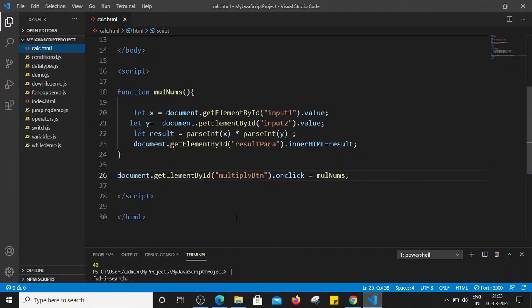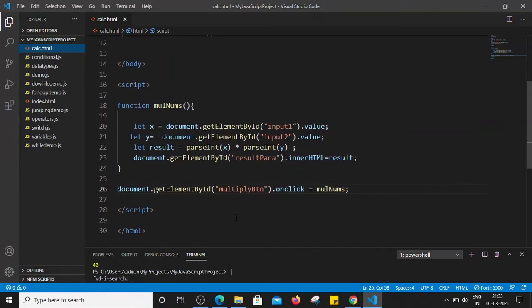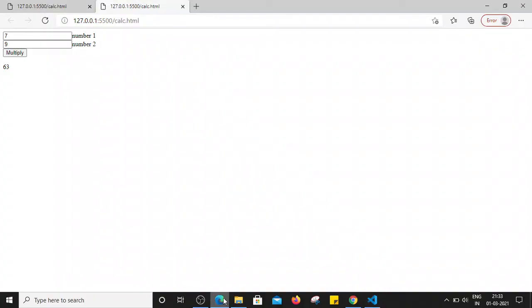Similarly, now we can do other actions as well, for example division, addition, and subtraction, right? So what I'm going to do, we have created one button, multiply, right? I'm similarly going to create 3 more buttons, so that will be for addition, subtraction, and division, right? And we will need to create 3 more functions as well.